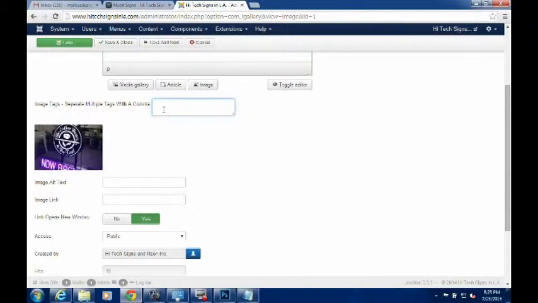Image tag: separate multiple tags with a comma. It is important in the way that if you really want strong image SEO, if you want to appear on Google as images, if that is your case, I mean,